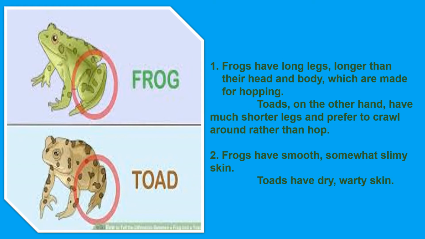One more difference I can say, but as a point you cannot write this. That is, the scientific name of toad is Bufo melanostictus, but the scientific name of frog is Rana tigrina. That means their genus also differs and their species also differ. Hope you have understood the difference between frog and toad. So here we are going to discuss toad, not frog. So please don't make the mistake of writing frog over here.